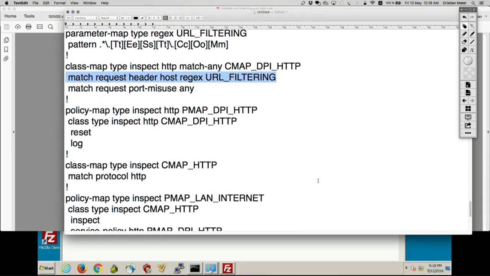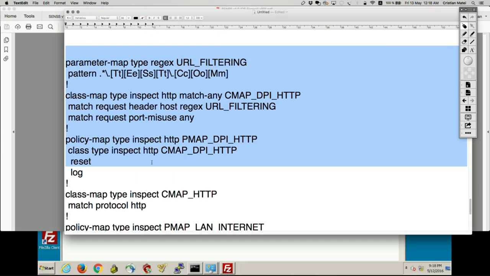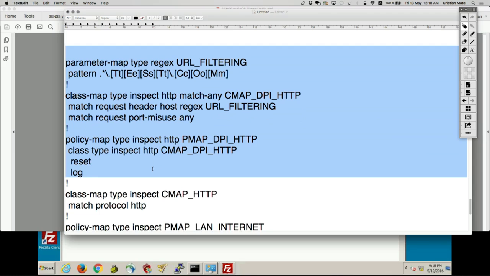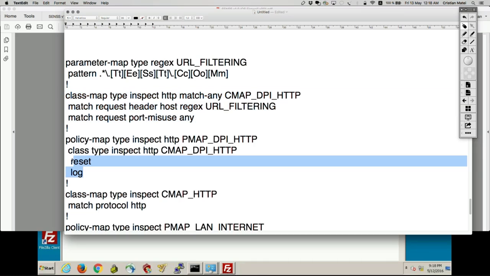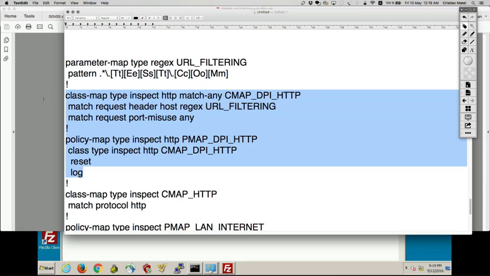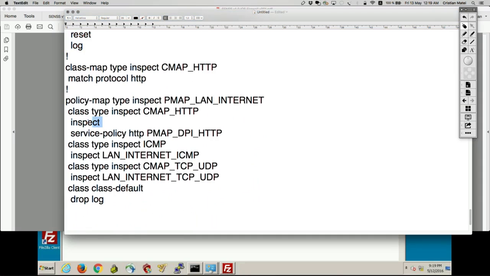So this type of inspection here is my layer 7 inspection, which is simple. You build a class map type inspect HTTP and a policy map type inspect HTTP. In the class map you match on the application header. In the policy map you specify the action. But to be able to apply DPI inspection, you have to apply it under an HTTP inspection, the regular HTTP inspection, in the regular policy map. So as I stated, if we try to go in here,